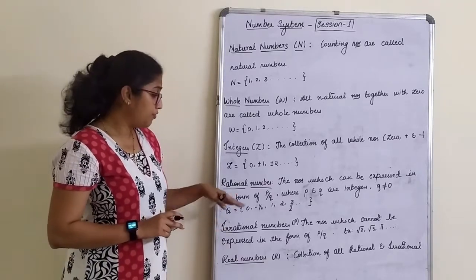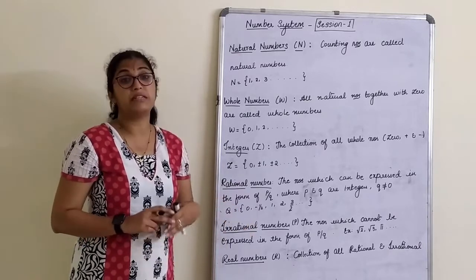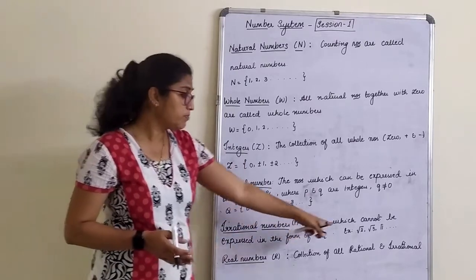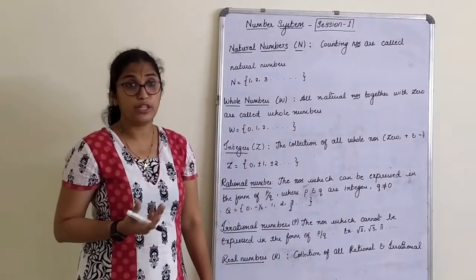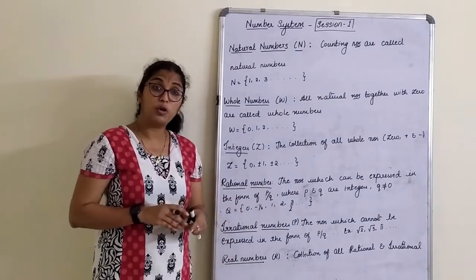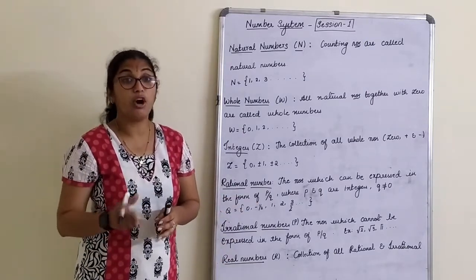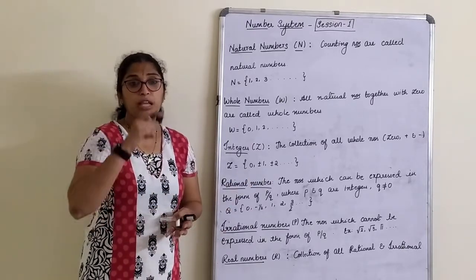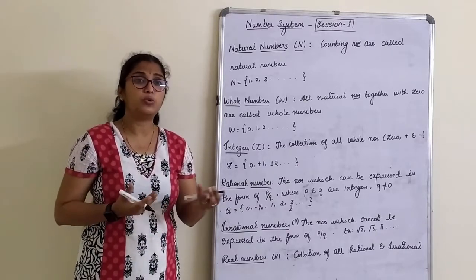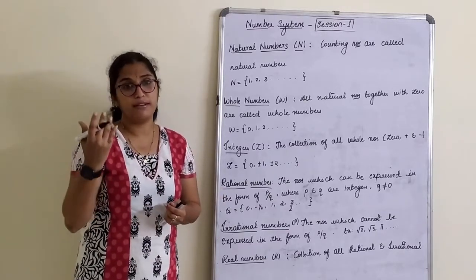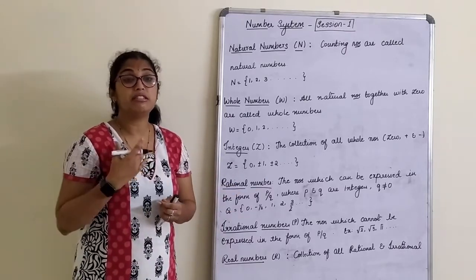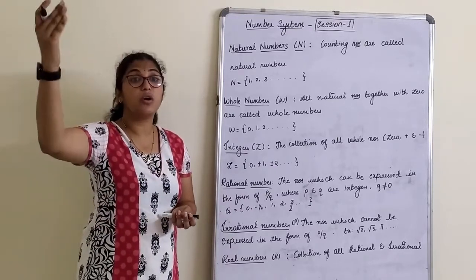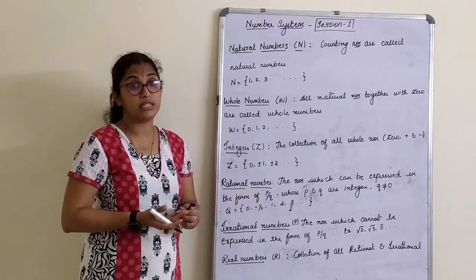Irrational numbers. Now if you know what rational numbers are, irrational numbers are the numbers which cannot be expressed in the form of P by Q. For example, all the root numbers we talk about. We cannot express them in the form of P by Q because they are non-terminating and recurring. What do we mean by recurring, non-terminating? You will understand later. When we divide some numbers, you get a remainder 0 and it stops there, right? But irrational numbers keep giving a remainder and go on dividing. You'll understand once we start with the sums.